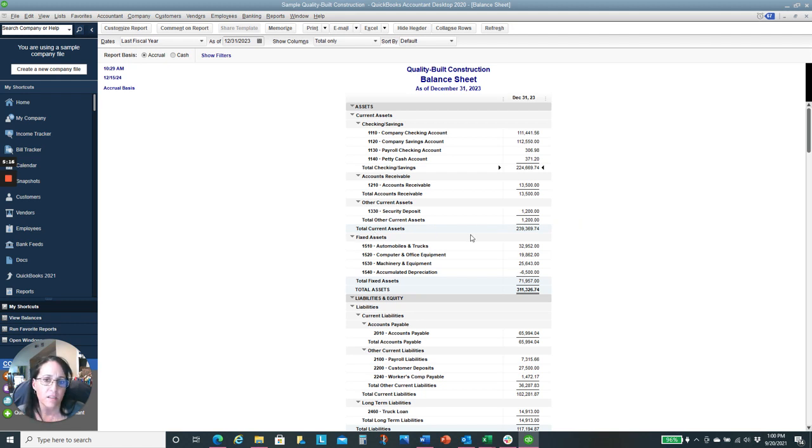So current assets, those are really simple. I'm trying to think of something that I would keep in current assets. Maybe short-term bank notes or something. Most of the time I fixate on these fixed assets, and this is where you would keep your